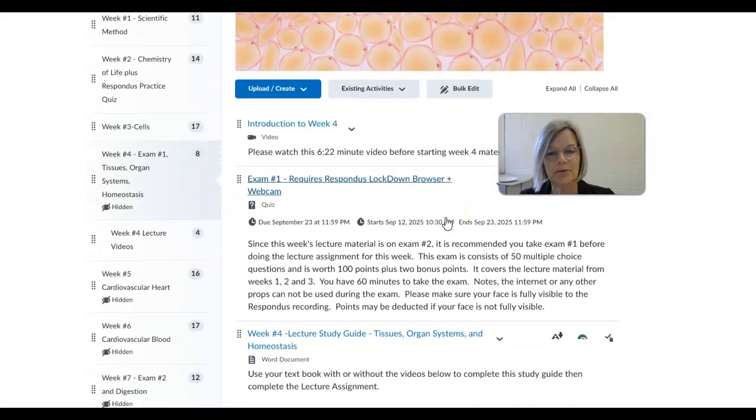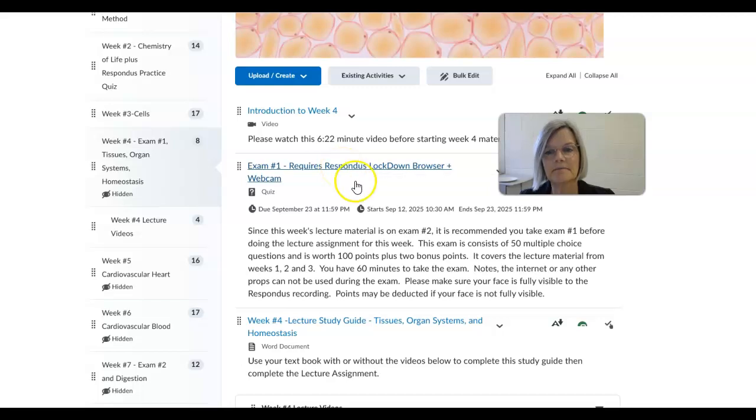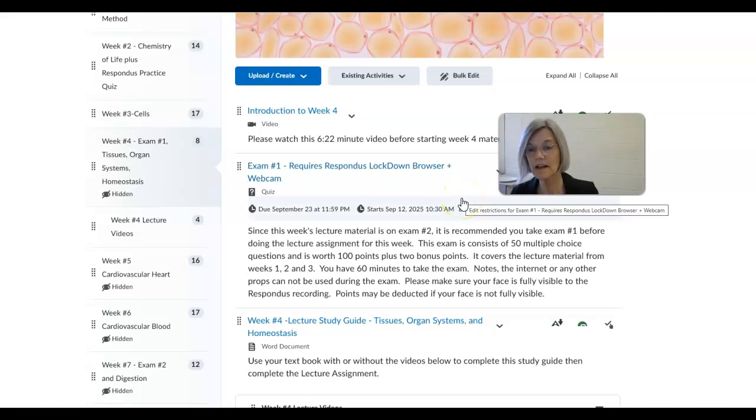Let's see, Respondus. We already mentioned a little bit about Respondus, where you can find it. Please make sure that you show your whole work area and that I can see you during the time that you're taking the test. I will take off points if I have any questions about are they really there? Are they taking it? Why can't I see their face? You need it lit well enough that I can see you, and I need to be able to look at that video and tell that it's you and that you're taking this.